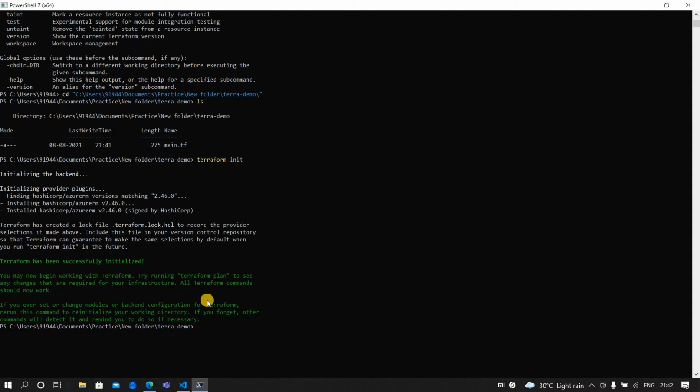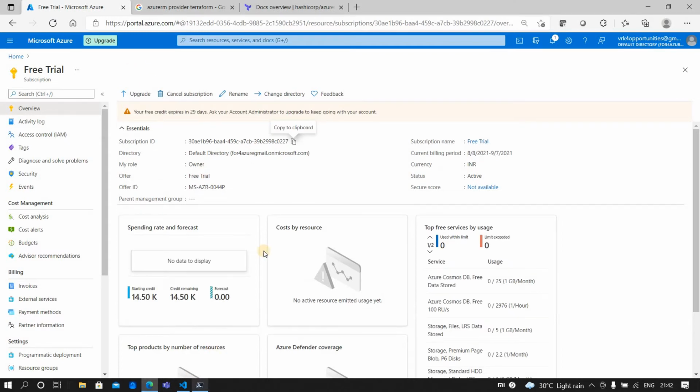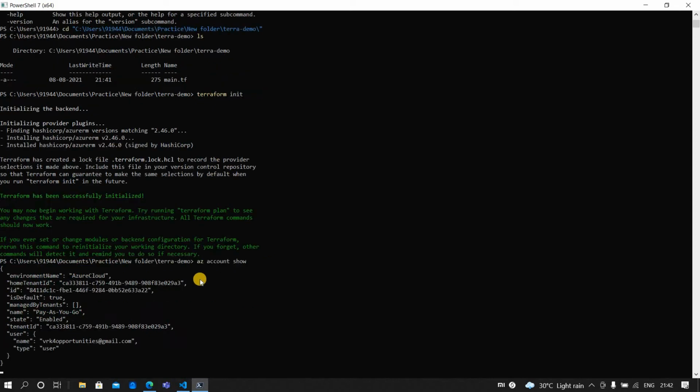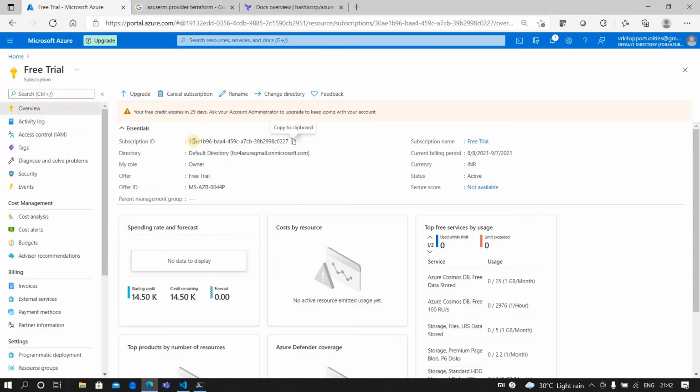Now to create any resources, we first have to ensure that you're logged in and signed into the Azure account. Let me cross-check whether I'm in that account. The subscription ID I'm part of is 8411, but this one is 308. So I have to shift to this one. Let me copy this again,